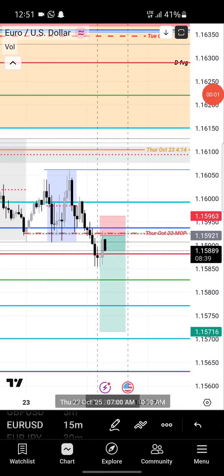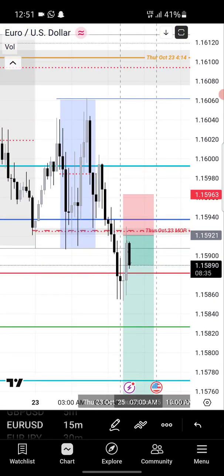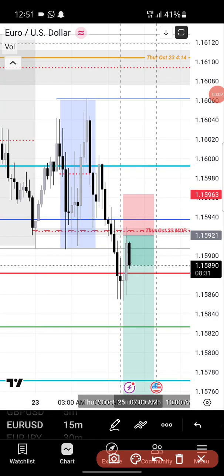So the reason why I will go for the Euro USD is because if you watch carefully on the Euro USD, we had price coming to the fair value gap that is formed right inside of the October 2023 midnight open price. But for